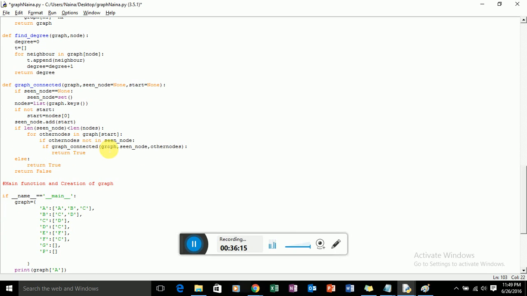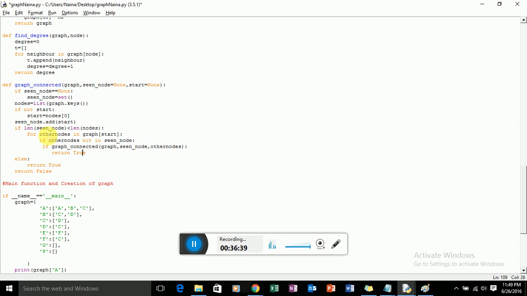So graph connected for C node, for C node it will find D, for D it will find C, and in the very same way it will try to find for each and every vertex. Recursively it will go through, and once found, if this condition is satisfied, it will return true.